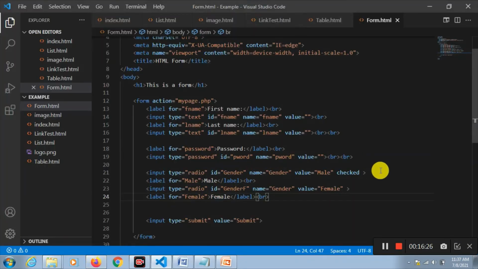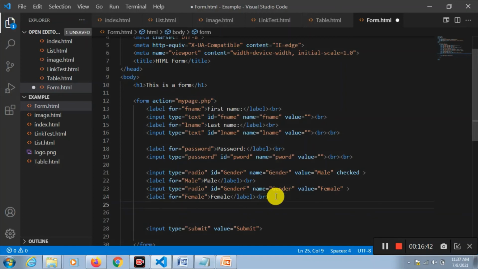Similarly, we can have something called checkbox. In radio button, only one item can be selected at a time, whereas in checkbox, we can select multiple items at a time. So we'll have some radio buttons here.